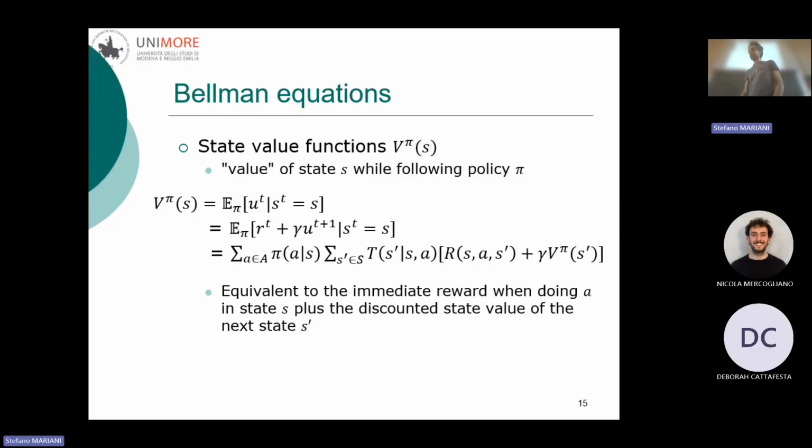Let's do an example of a maze, then we will see some examples. In a maze, there are caveats such as the walls, but more or less, the closer I am to the goal, the better I am. Being in a state close to the goal might be worth more than being in a state far away from the goal. So, to try to estimate the worthiness of being in a given state,